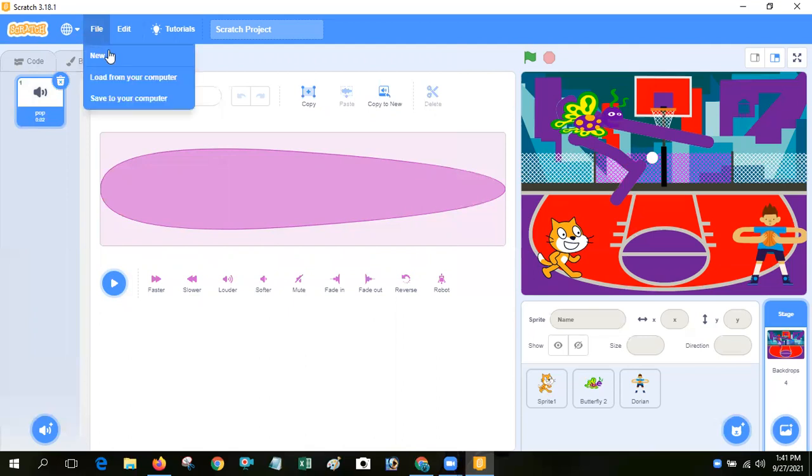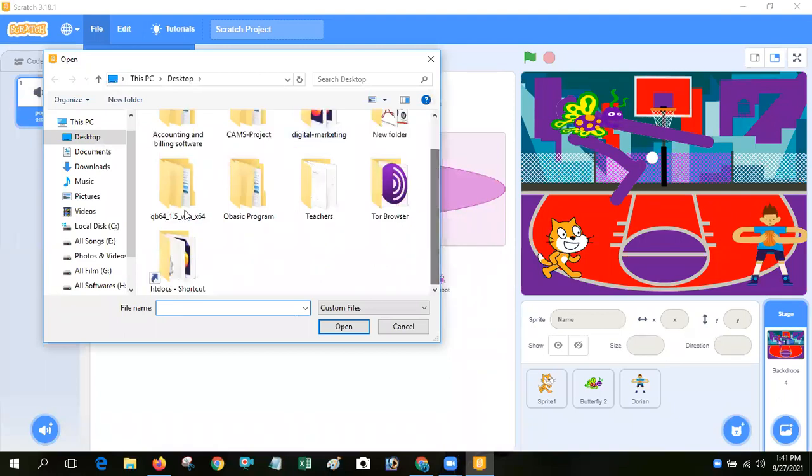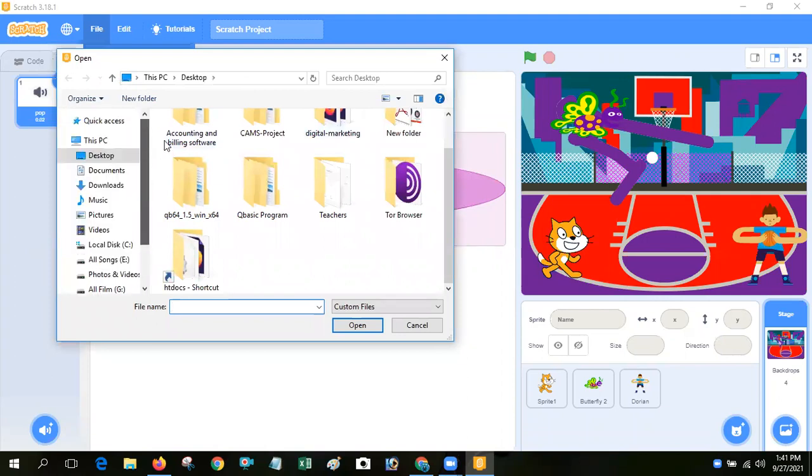Just click File, and load from your computer. That means existing project. I have no saved project in my laptop, so I can't do it. Same process: select the project which you want to edit or open in your Scratch program, and after that click on open.